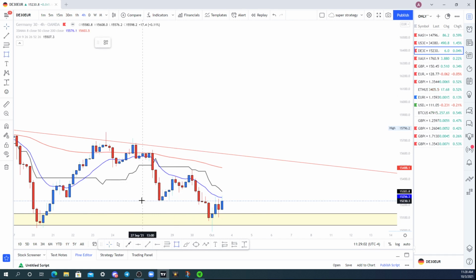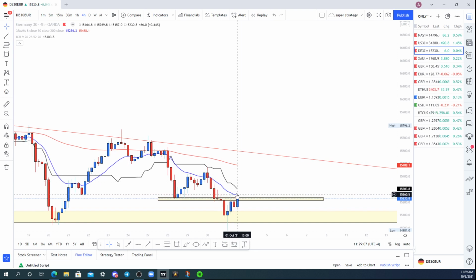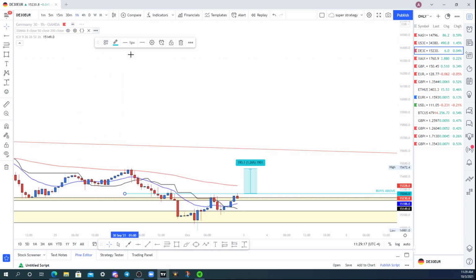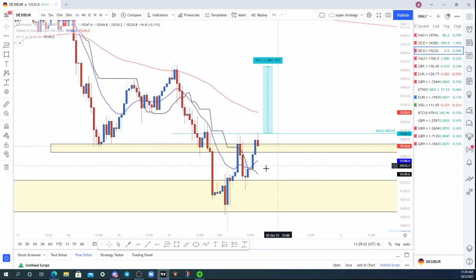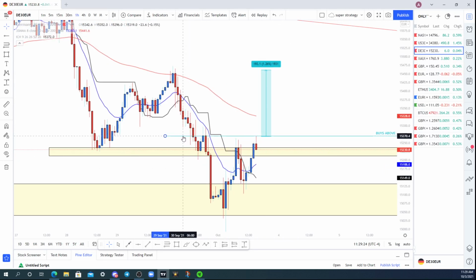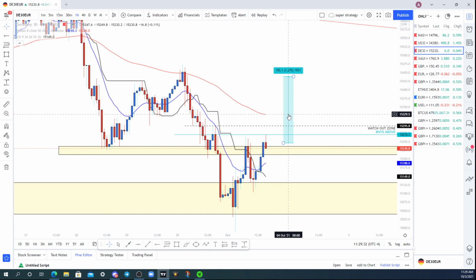We have this previous level of support here on the 4-hour time frame. If we start to break above this high over here, I'll be looking to take it long, to touch this area here. So buys above this 4-hour candle here would definitely play out. Now, the reason why I say that, we do have this level over here that we need to break, right? So this will be a watch out zone that we would need to break before hitting TPs.